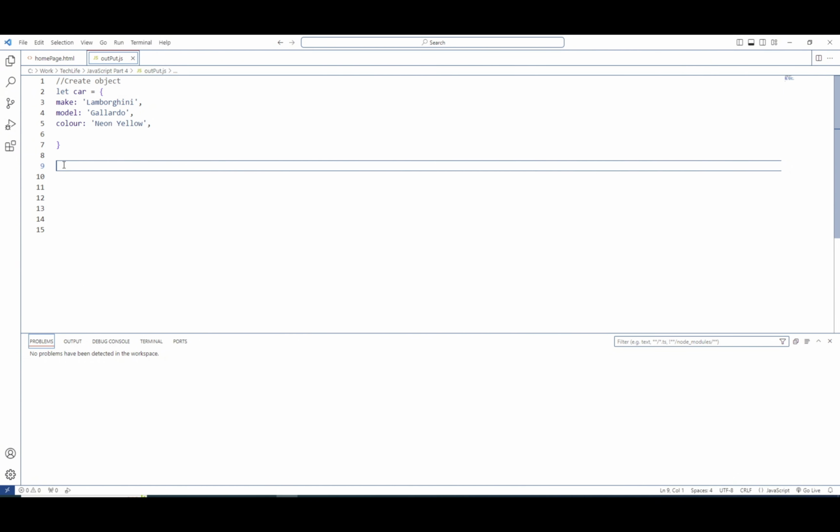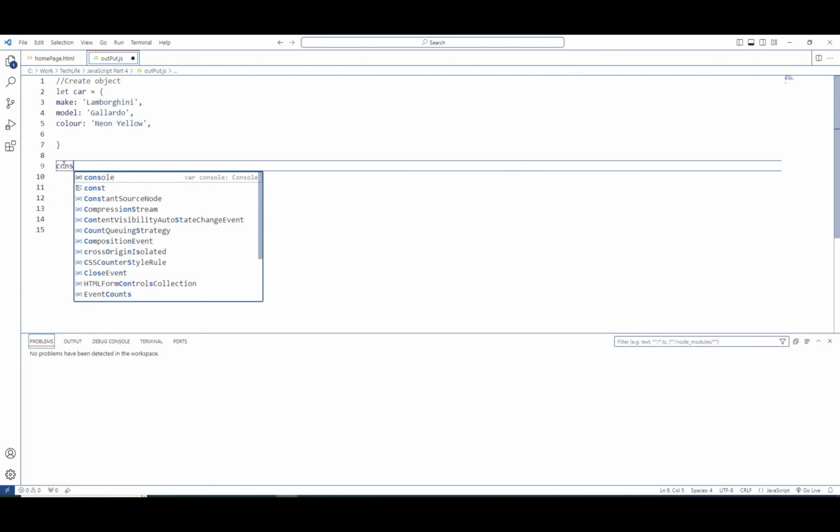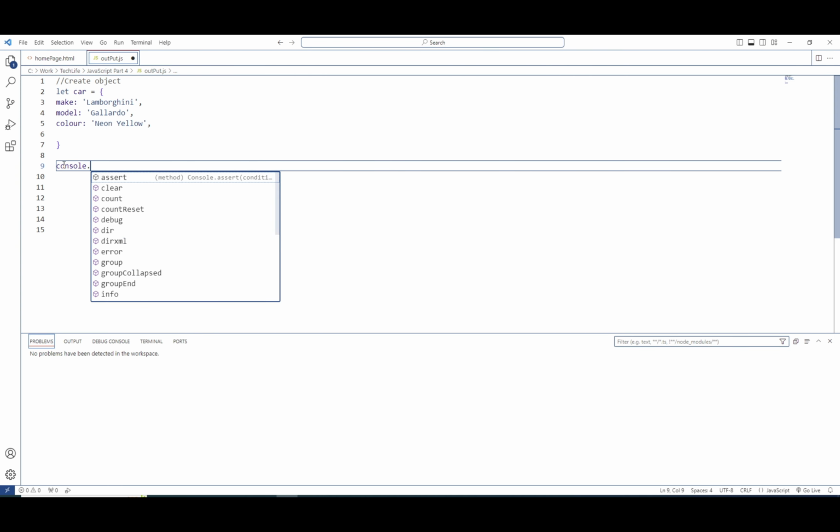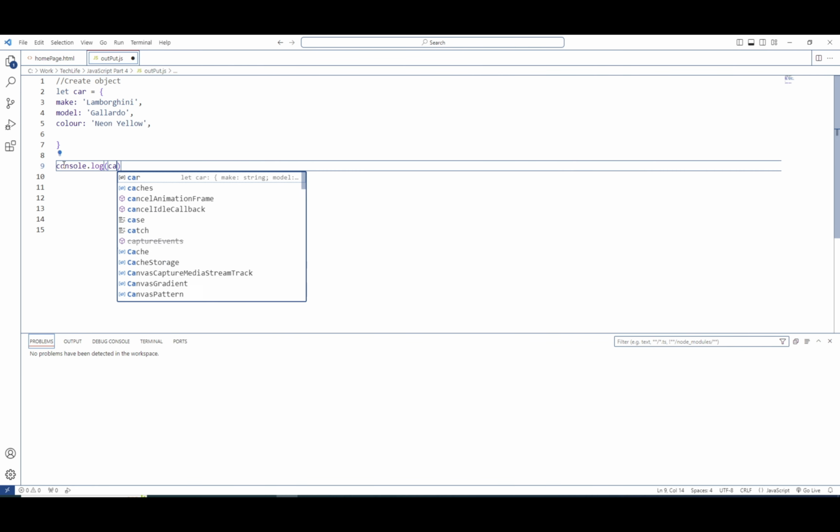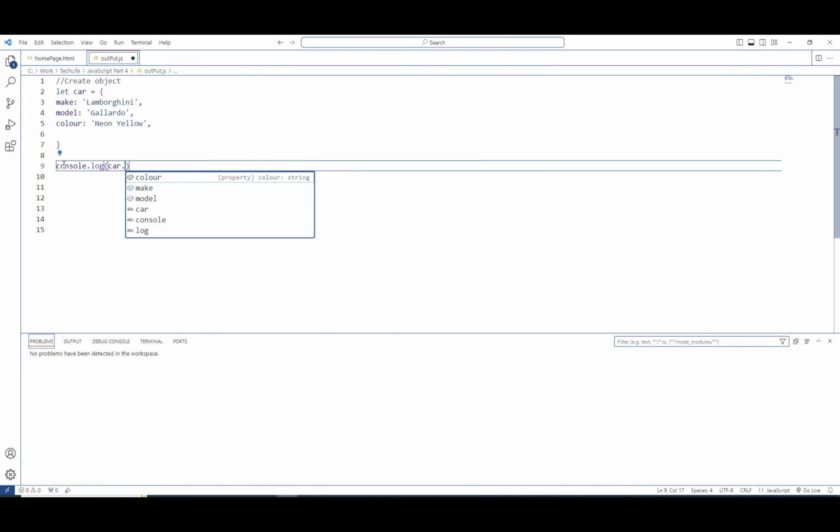So if we do something like console.log, and then use dot notation, obviously first we have to use the object name, which is car, and then we use dot notation, and using dot notation means that we can access these properties that we've just created. So make, model, and color are all there. So if I select color, and we close off this line by placing a semicolon,